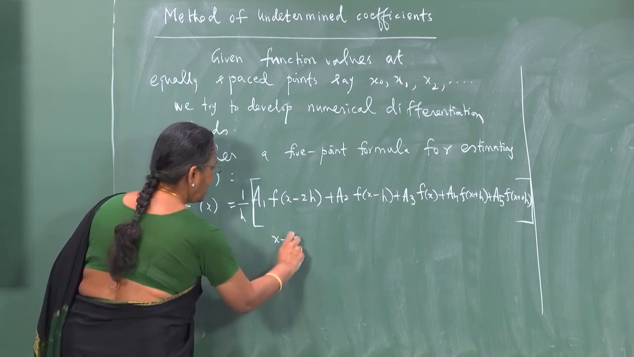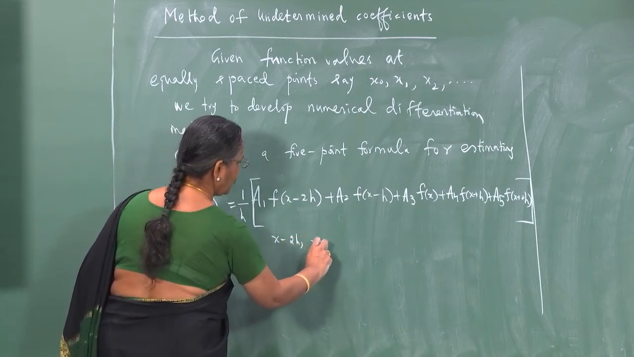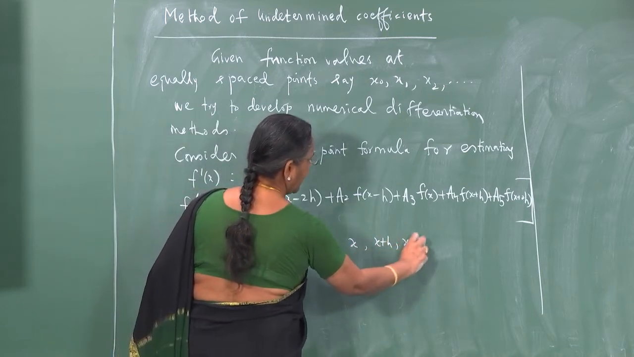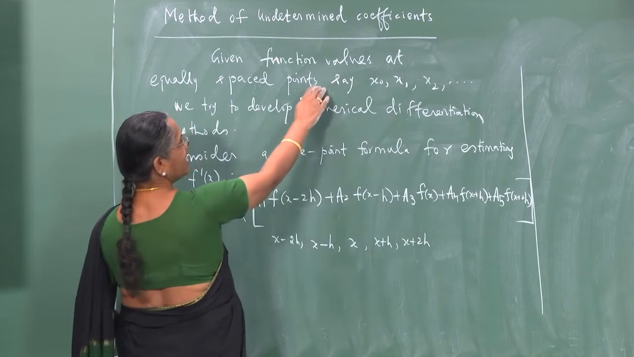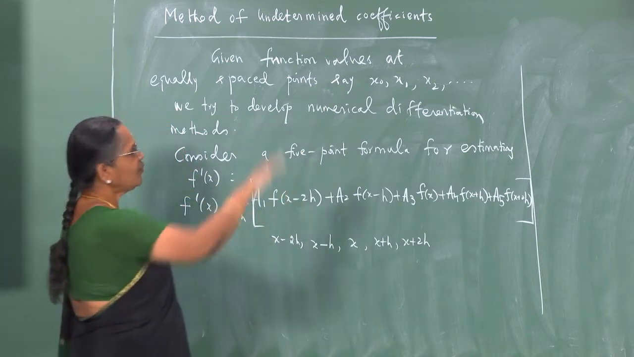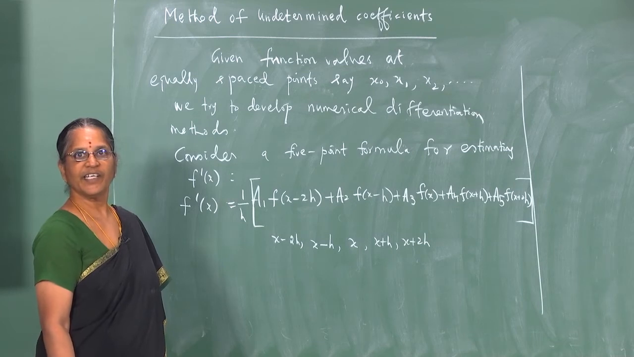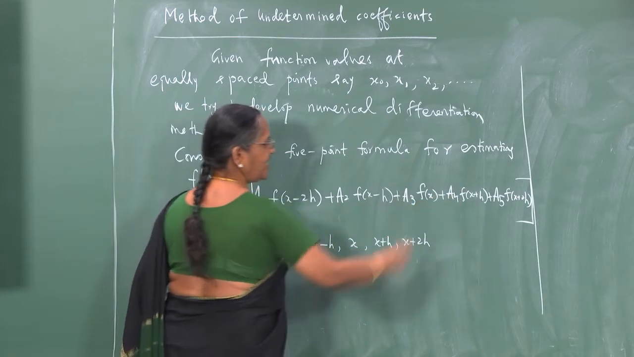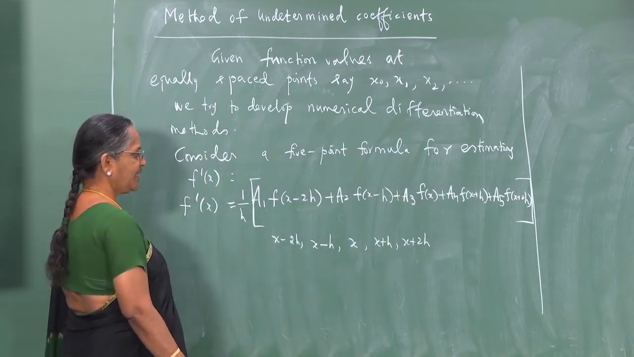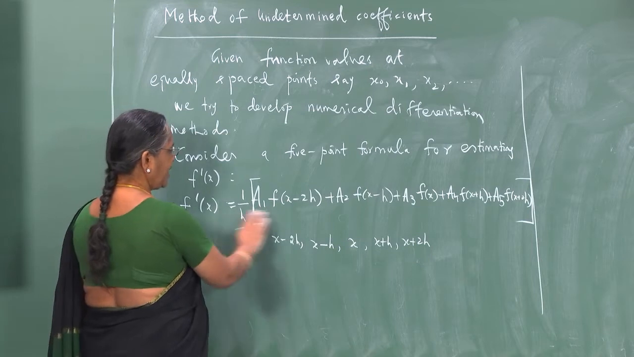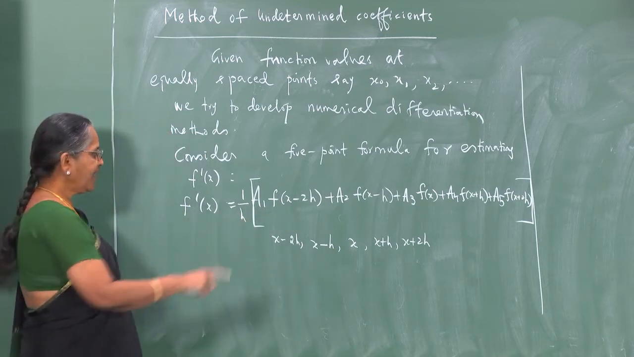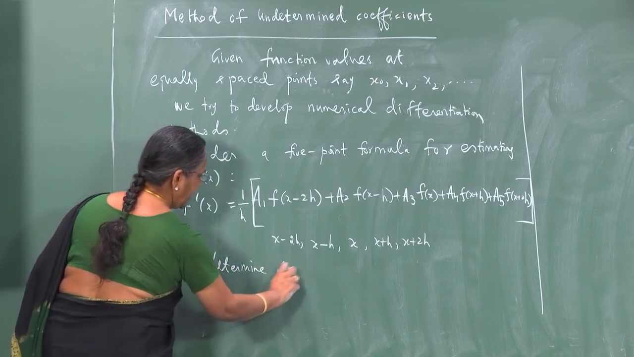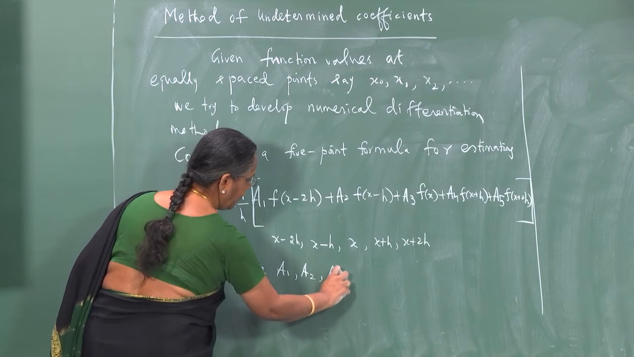So, what are the points that are involved? x minus 2h, x minus h, x, x plus h and x plus 2h, and the information about the function values is available to me at these points. So, I take a linear combination of these function values, and what is my requirement now? I determine these constants a1, a2, a3, a4, a5